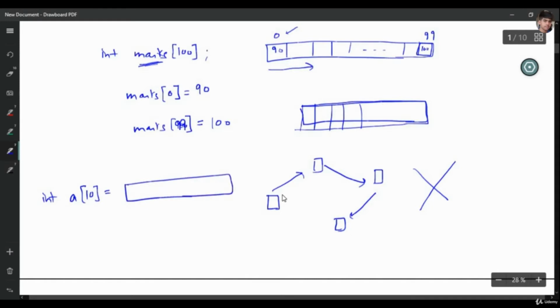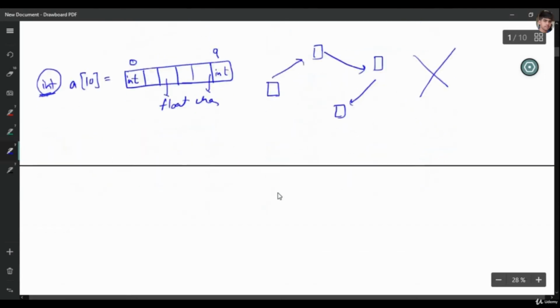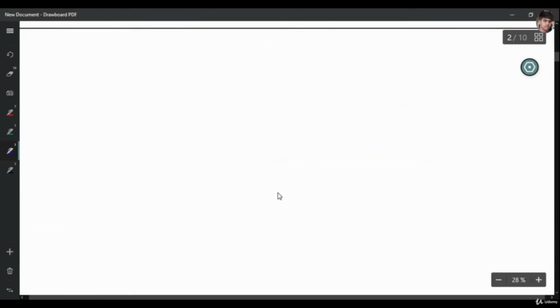Okay. One more thing. If you have made, for example, an int array of size 10, first index 0, last index 9. Okay. So you have made an integer array. You can write integers here. Okay. You cannot write character here or float here. Why? Because you have made an array of integers. Similarly, we can also make a character array, char a[10].